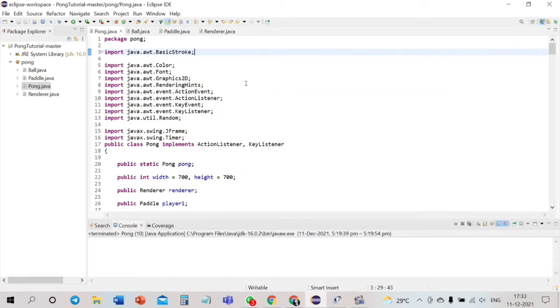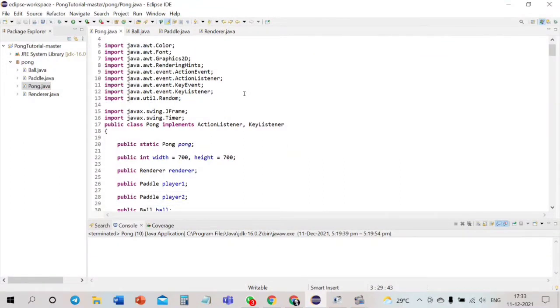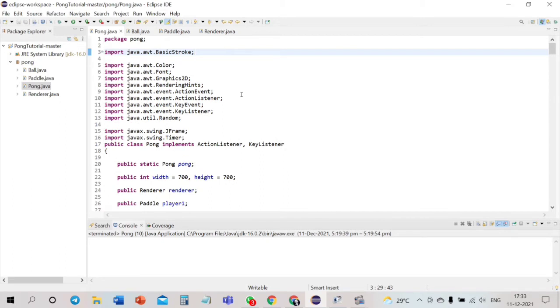We have imported the AWT package and the swing packages. So the elements like the button, text fields, scroll bars, etc. So in Java AWT there are classes for each component, and in order to place every component in a particular position on a screen, we need to add them to a container. So the container is a component in AWT that can contain other components like buttons, text fields, labels, etc. So the java.awt package provides classes for AWT API such as text field, label and text area.